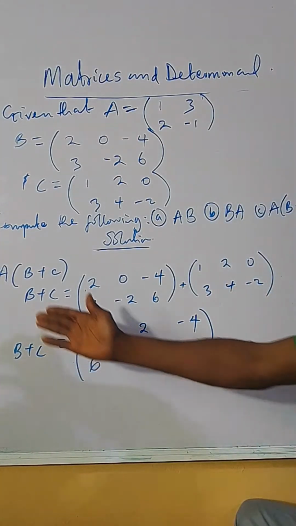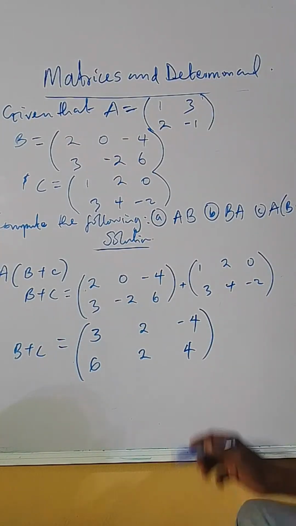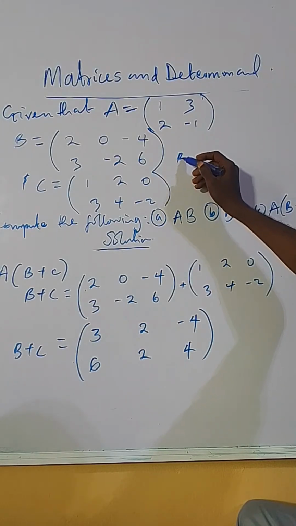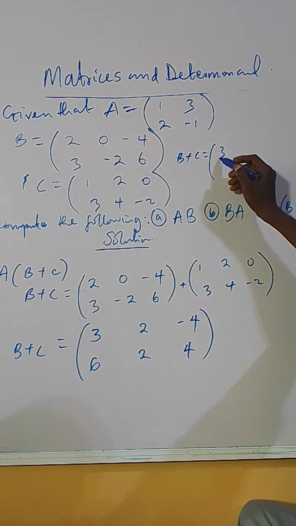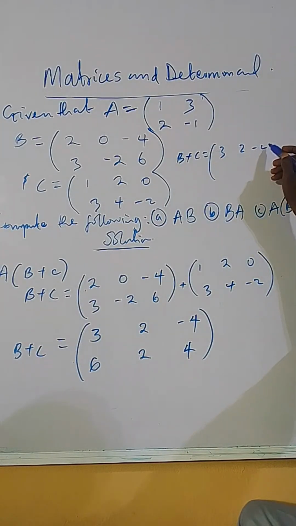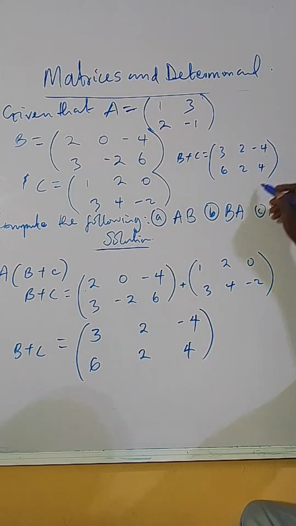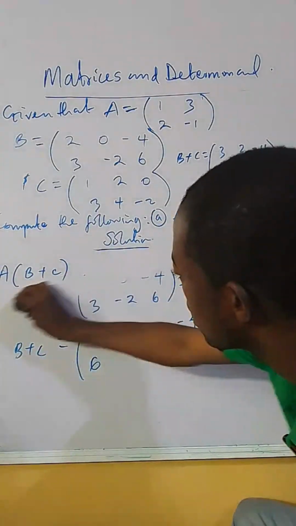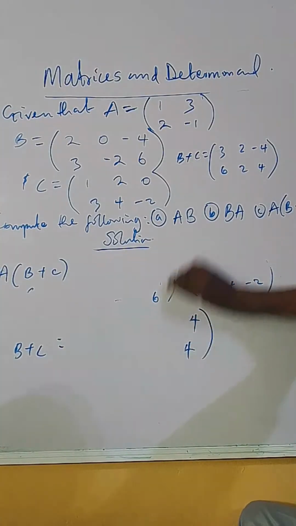So this is the result for B plus C. Then we can now multiply this by A. So let's just write this result here. That is B plus C. We got that to be 3, 2, minus 4, 6, 2, 4. Then we can now multiply it by A. So that when we check that out,